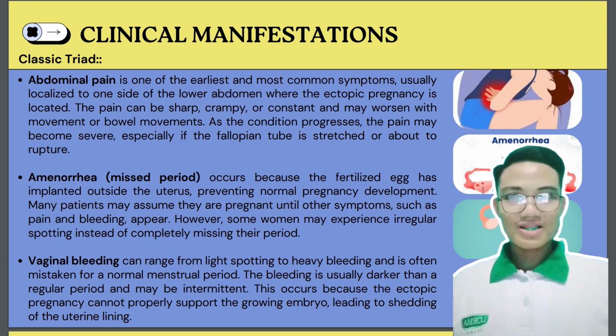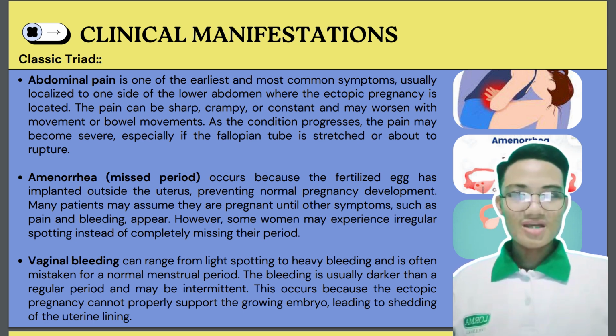occurs because the fertilized egg still initiates pregnancy-like hormonal changes despite its improper implantation site. The trophoblast cells continue to produce human chorionic gonadotropin, or what we call HCG, which prevents the breakdown of the corpus luteum, thus sustaining progesterone levels and halting the menstrual cycle. This leads the patient to believe she is experiencing a normal pregnancy when, in reality, the embryo is growing in